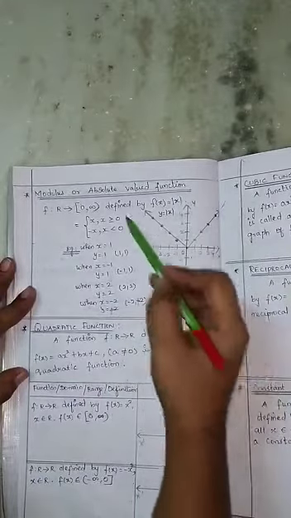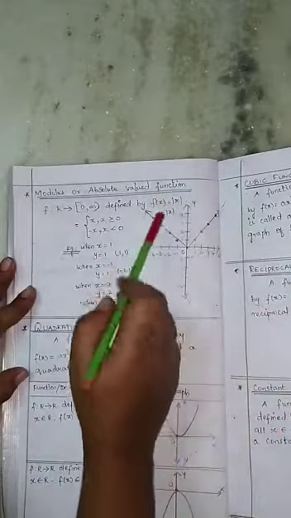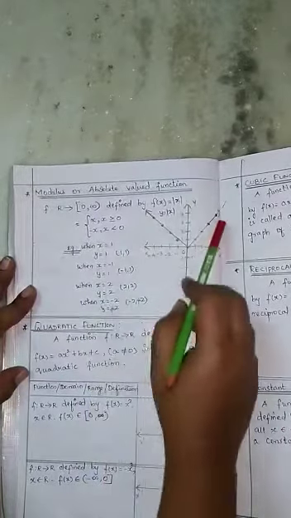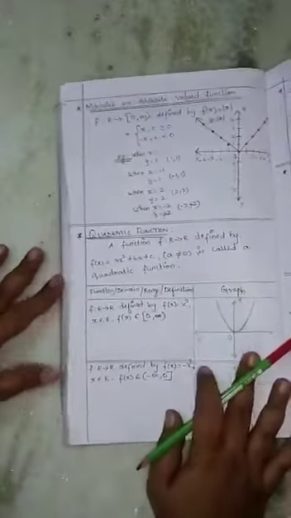What is this? A linear function. It is also a linear function, because see here, this is one linear function, this is one linear function. I am splitting up 2 linear functions here. Okay. And next, now I am going to show you quadratic function.